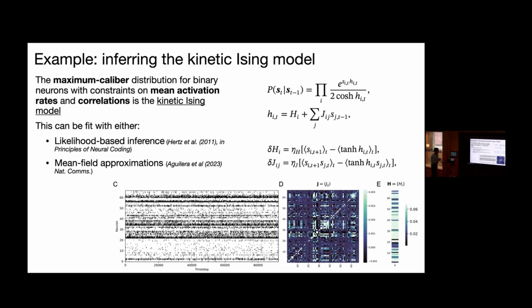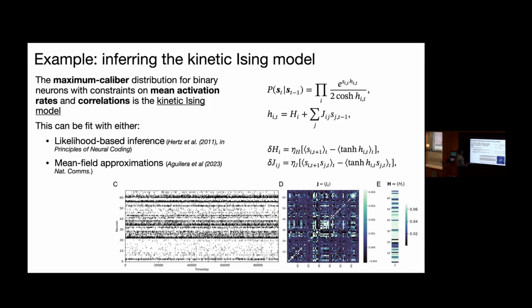Right. So another simple technique, not from me, that you can use. This is for spike train data because I wanted to cover scales like everybody else was doing. For spike train data, you can't apply the techniques that I just showed you, but you can infer the kinetic Ising model itself. This is a model-based approach, but as I mentioned before, it's the least structured model. So if you're going to use a model, this is the most justified one. Well, without going into biophysics, it's the most statistically justified one.